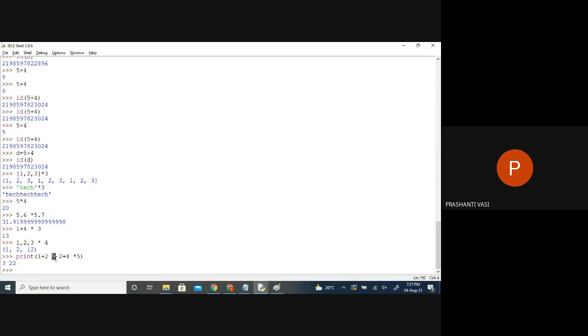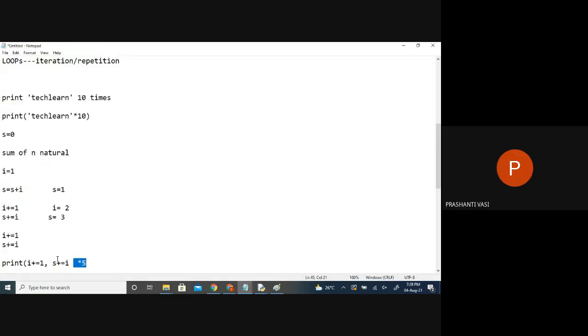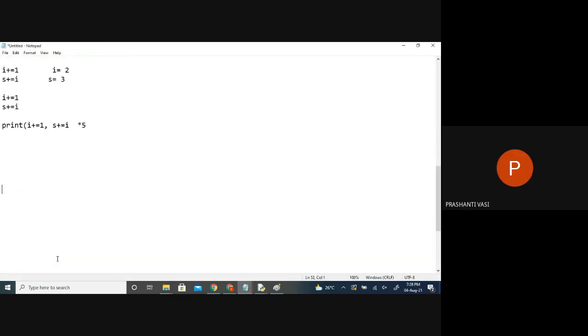So in print, no commas are shown on the screen, right? So it is not looking like a tuple for the print statement. It is just printing it. Whatever you pass to print, it will just print it and it will remove the commas. It won't show them on the screen, right? Okay. So could I repeat this formula of sum of n natural numbers using the star operator? We could not achieve that concept, ma'am. What we were expecting, for that they have introduced something called loops.